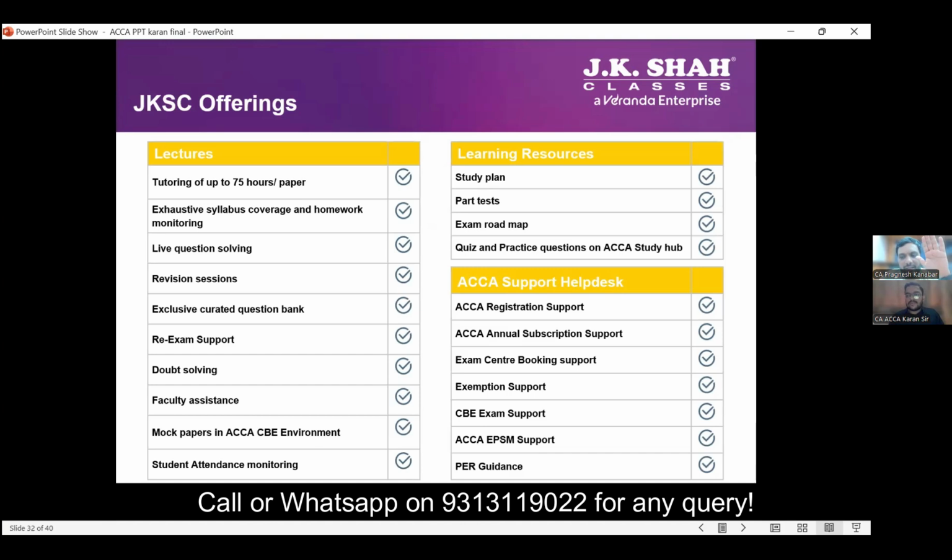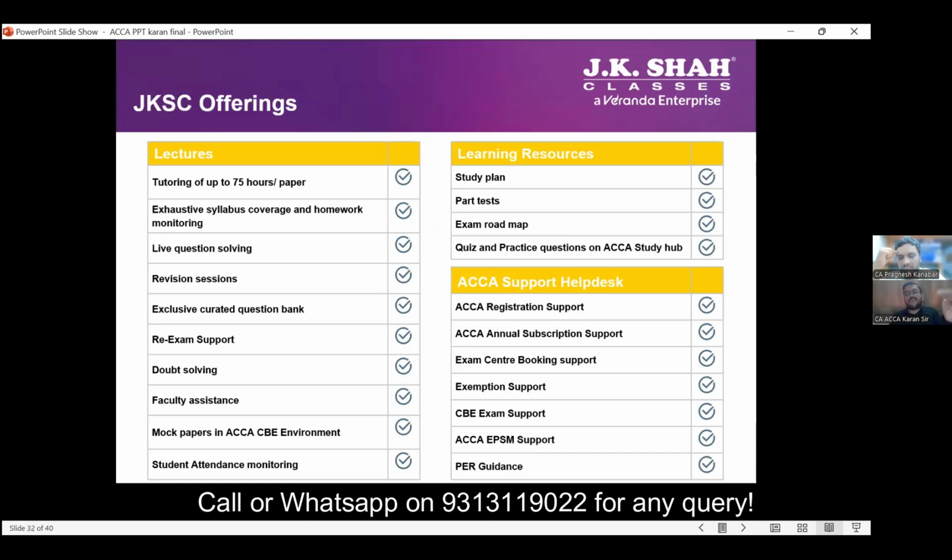So broadly, we understand that you would have built a team of faculties who are qualified to teach this, chartered accountants and ACCA qualified. Okay, and sir, majorly what I will need for the students is practice on computer exams. Will they be getting some mock tests to practice? In the JKSC offerings, we already have mock papers scheduled for each and every student in the computer-based environment, which is how they are going to actually give the exam. So the student should not find any novelty when he goes for the ACCA exams. Correct. Once he has already appeared for computer-based exams in the ACCA environment, then it is fine.